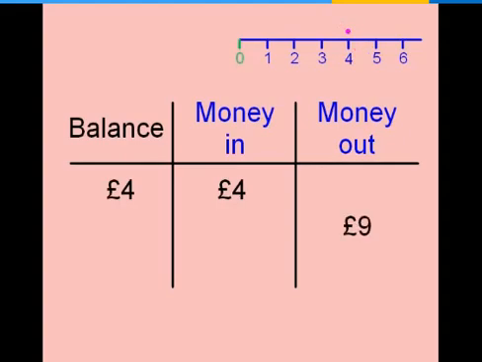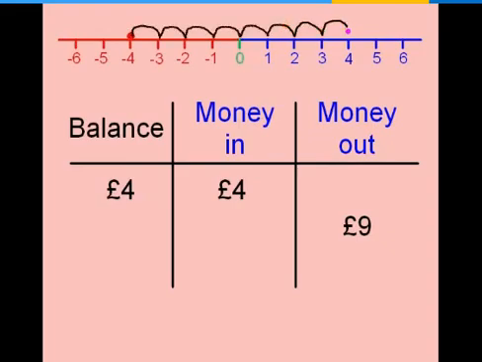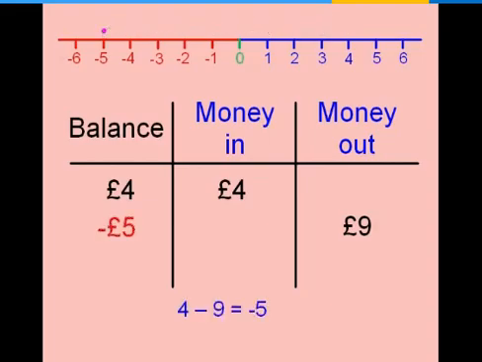If I then pay £9 out of my bank account, I want to take £9 away. I'm going to run out of numbers, so I need to extend my number line. I now have the negative numbers as well, so I can take away £9. 1, 2, 8, 9. I can see that my balance is now minus £5. We can say that 4 take away 9